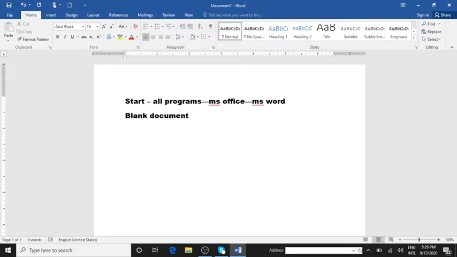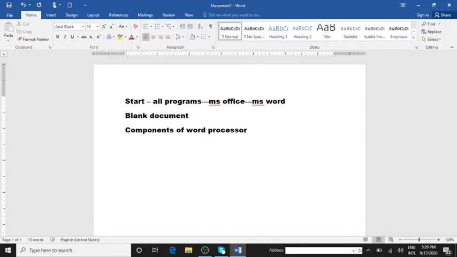Now you will be seeing the components of the word processor. Shall we start? On screen, what you are seeing, what are those components called? We'll be seeing that.